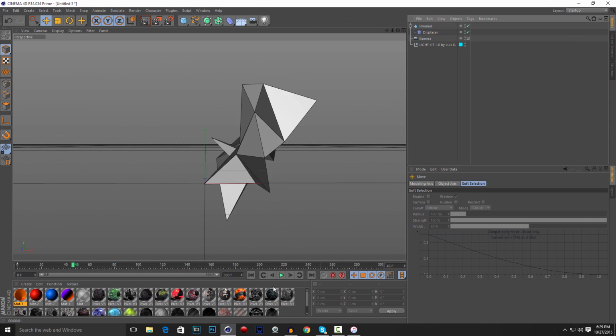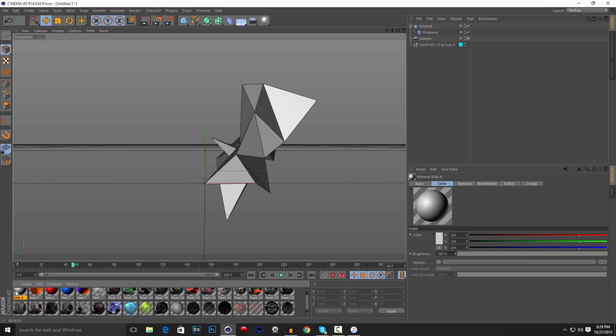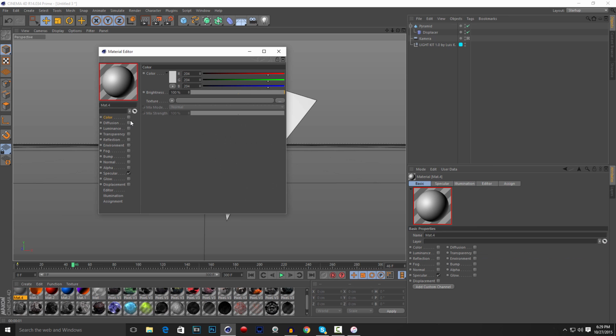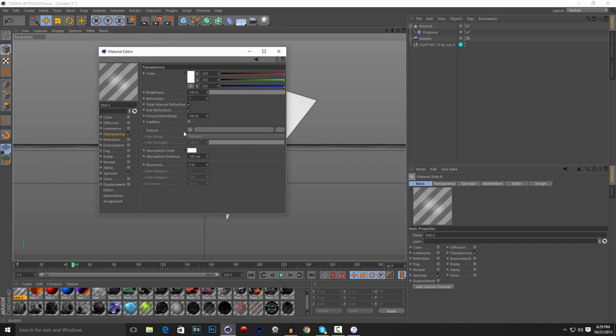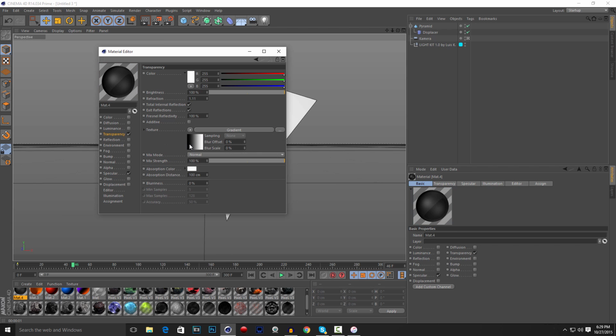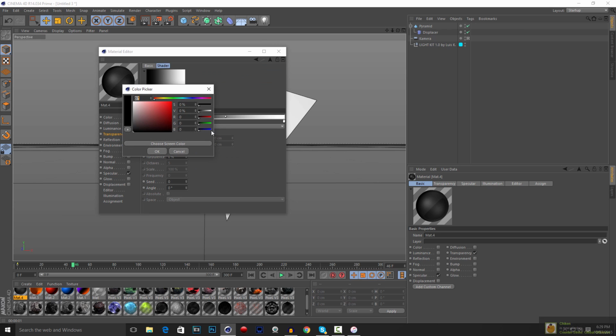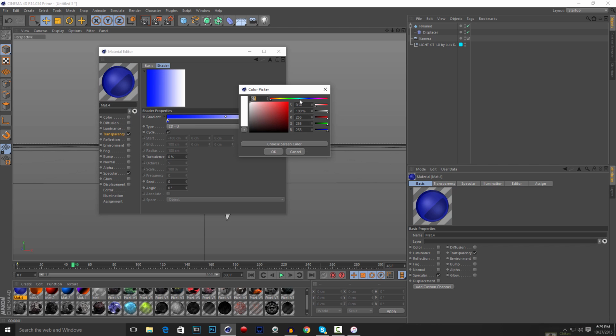Now what you guys are going to want to do is create a new material. Go ahead and edit that material, turn off color, and turn on transparency. Then add a little bit of refraction. So you have a nice circle, and then go ahead and put a gradient on this material. And let's choose whatever 2 colors you want. And you know what? We already did an orange one, so let's do a blue one. So go ahead and do that, and then let's